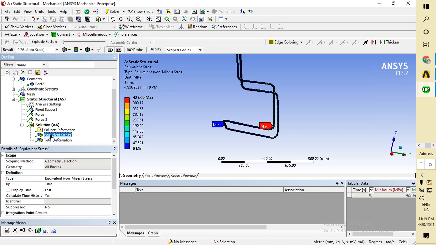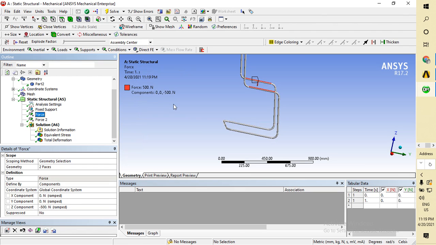Okay, I want to check. Okay, now it has come to the 427.69 max. So now as of for now I am also decreasing the primary load up to 450 Newton, and decreasing the secondary force by 50 Newton and applying 150.